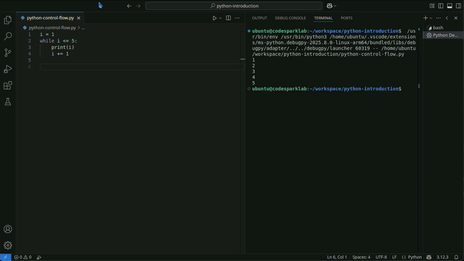Using break and continue. Break is used when you want to exit the loop prematurely. Continue skips the current iteration and starts the next one. Be careful, as improper loop conditions can result in an infinite loop.